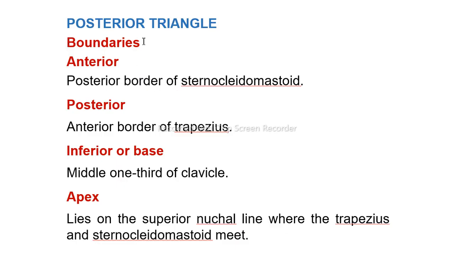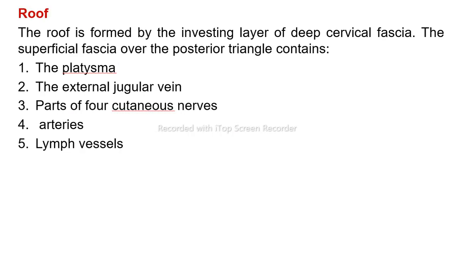So when we see the boundary: the posterior border of the sternocleidomastoid muscle anteriorly, the anterior border of the trapezius posteriorly, inferiorly the middle one third of the clavicle, and the apex lies on the superior nuchal line where the trapezius and sternocleidomastoid muscle meet. Now the roof of the fossa is formed by the investing layer of the deep cervical fascia, and the superficial fascia over the posterior triangle contains